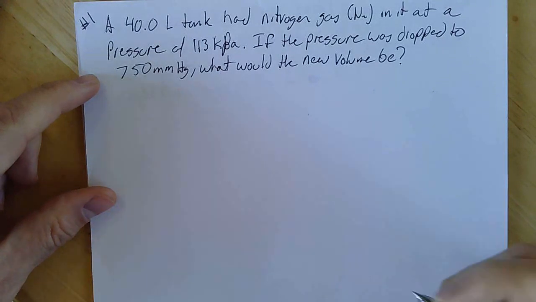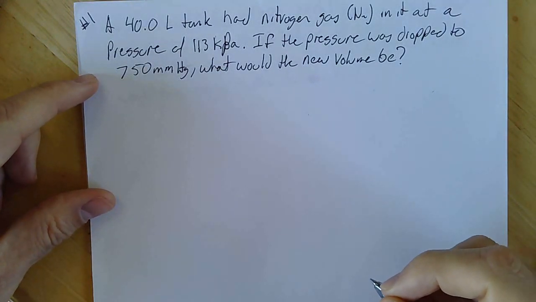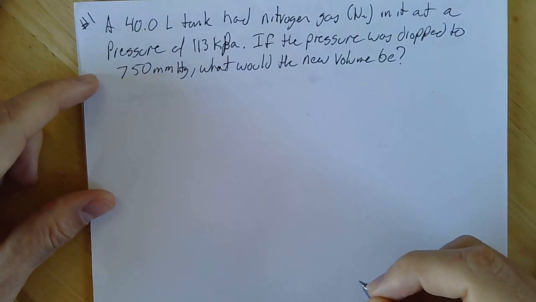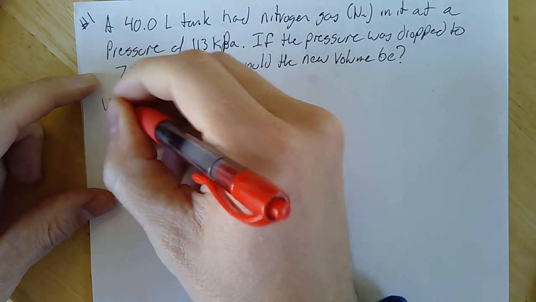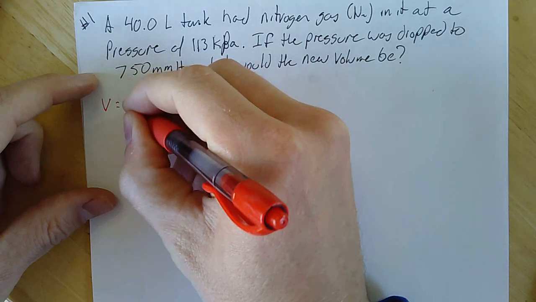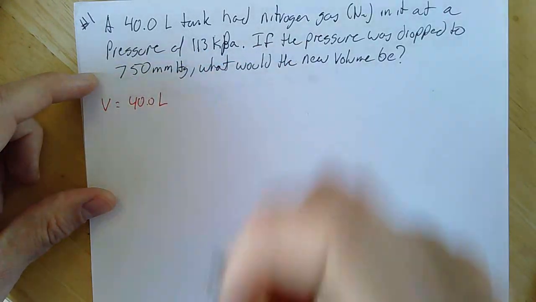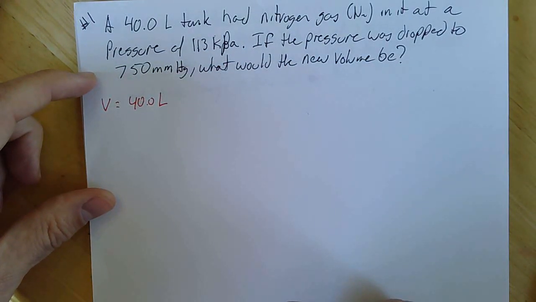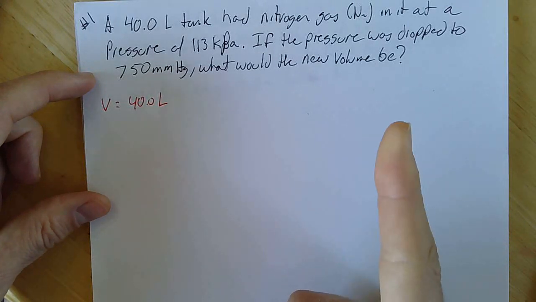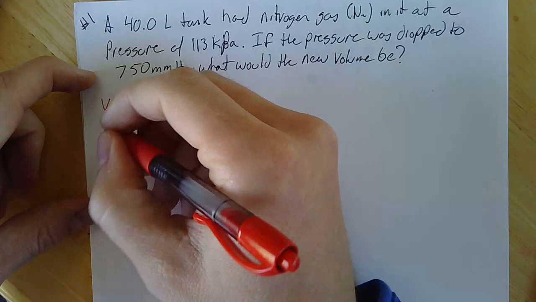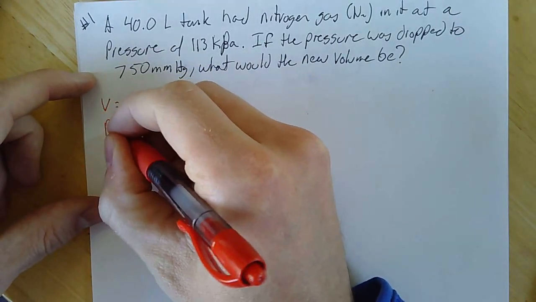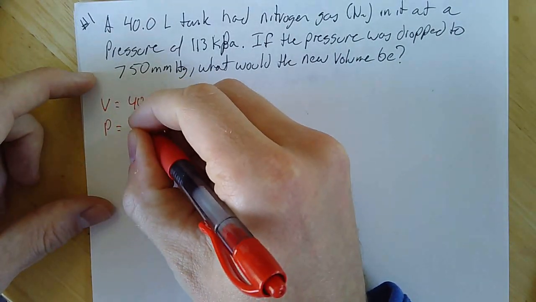And so we're going to write down what we know, and then we're going to try to figure out what equation we have is going to work, right? So the first one, I'm going to write a V, and that is 40.0 liters, okay? And then I'm going to keep reading: nitrogen gas. That may or may not be important depending on the problem. And it says, all right, I have a pressure of 113